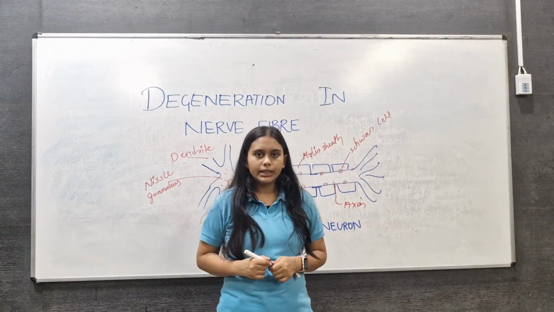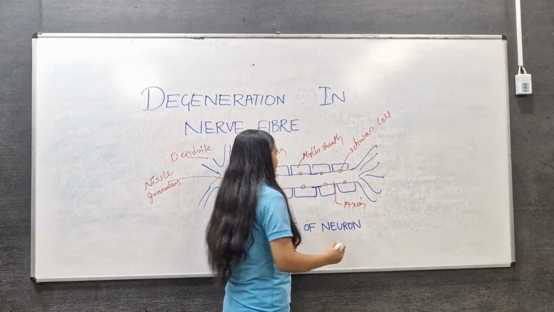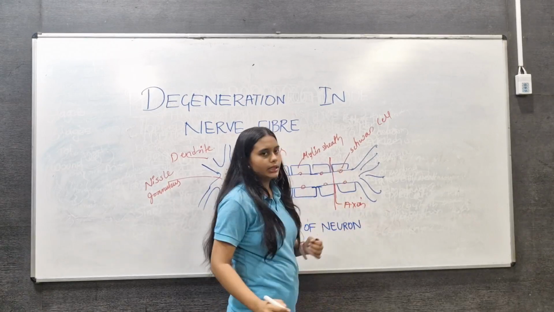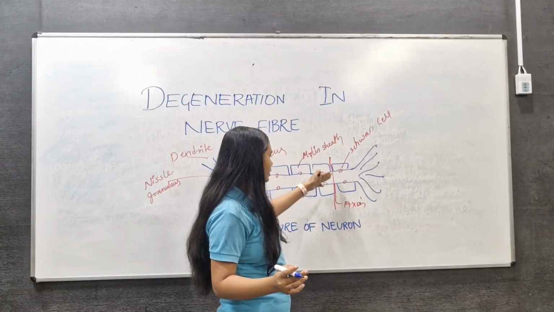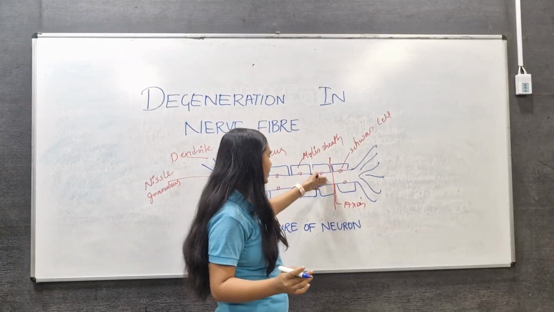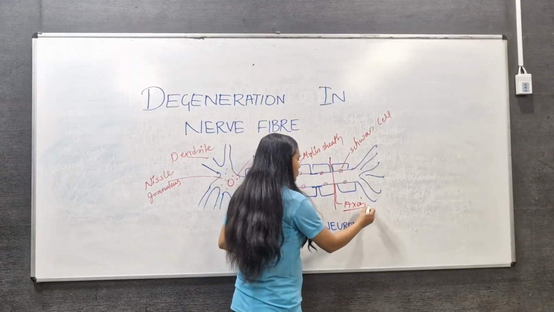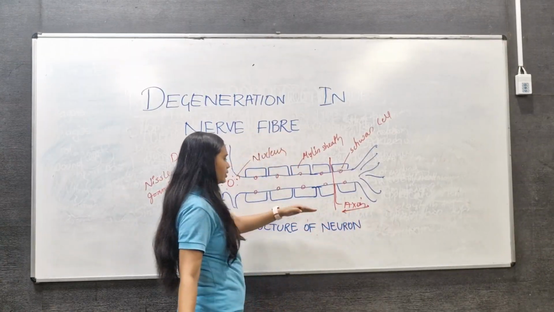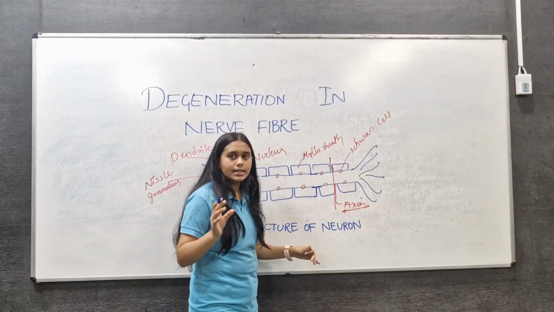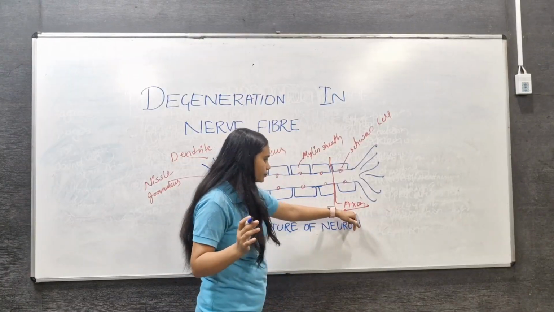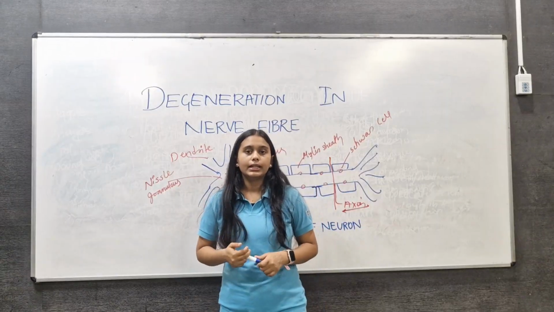So first, Wallerian degeneration. In Wallerian degeneration, the changes occur distal to the cut. Suppose this neuron is injured in this area. The degenerative changes, you can see, are in the portion distal to this cut. Suppose this is the proximal area and this is the distal area. You can see the changes in the distal part of the cut, and these changes start within 24 hours